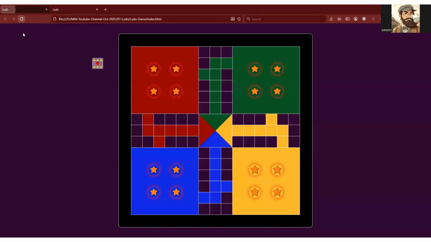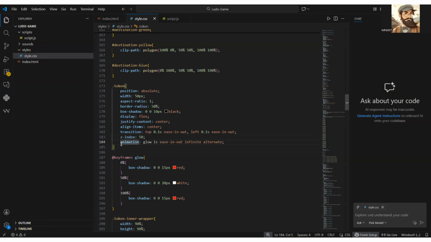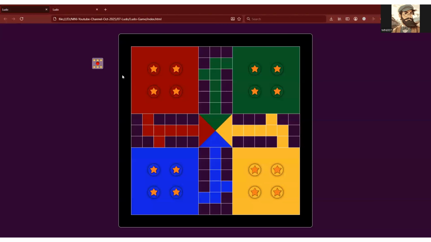Here, let me refresh, and our glow hasn't turned off because we forgot to comment this out. We have made our glow animation conditional now. So let's get back and let's refresh. Okay, now nothing is glowing. So let me roll out the 6. Okay, so we got a 6, and now we can see that